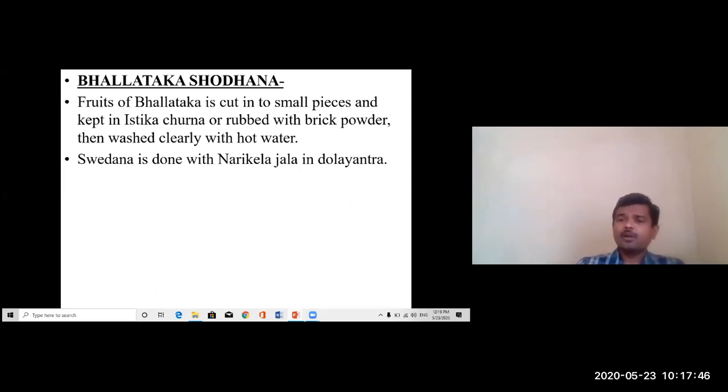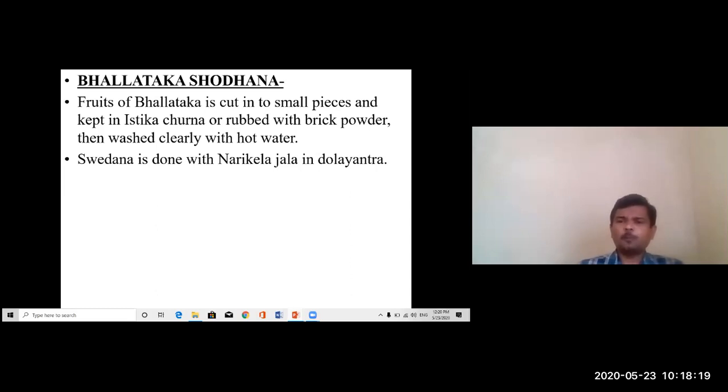After the 7th day, you take it out, wash with jala, and keep it in godugdha for another 7 days. Then you take it out, wash it with brick powder, then wash it with ushna jala. Then you can use it.